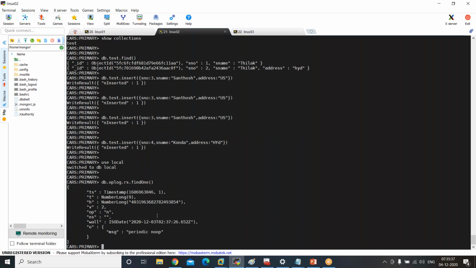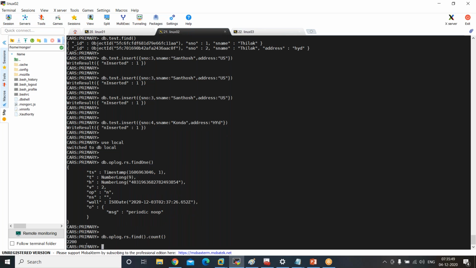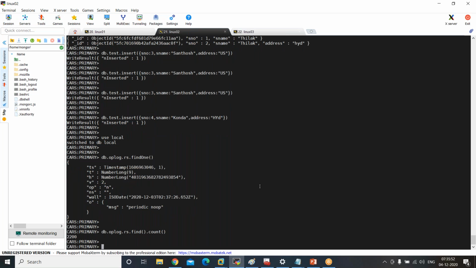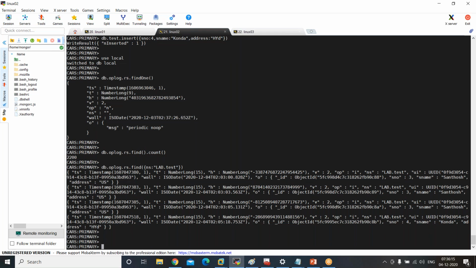There is a namespace. It will have a lot of things in it. I don't want to read all. If you count, there could be a lot of data because it has been running since yesterday. 990 MB is the capacity, and 2200 records are there. So I wanted to give the criteria here. The namespace is where I did lab.test. I'm giving the condition, so these many documents are modified. The last document is actually Conda, right? That's correct. Now if I run the same command on the other node,